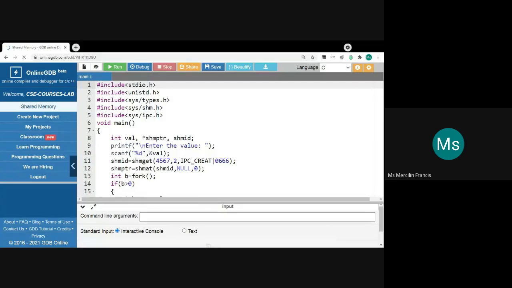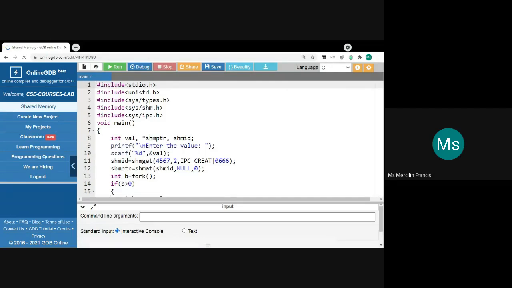So next, what we are going to learn is related to shared memory. Shared memory is another form of a tool that is used to communicate between different processes. In this case, you will have some shared space, and that shared space will be created. Any modification performed on that space will be reflected, so that both processes will be reading the same modified data.